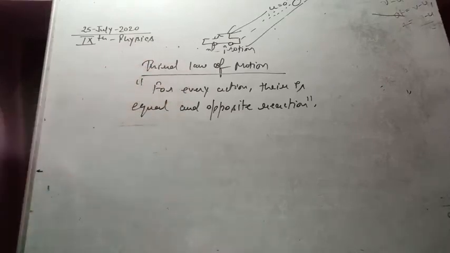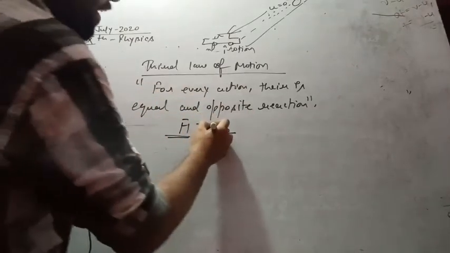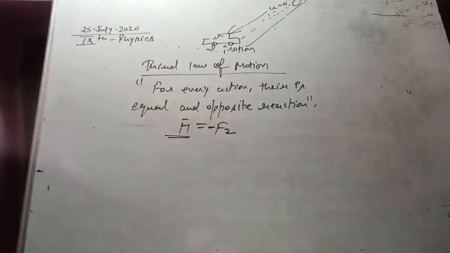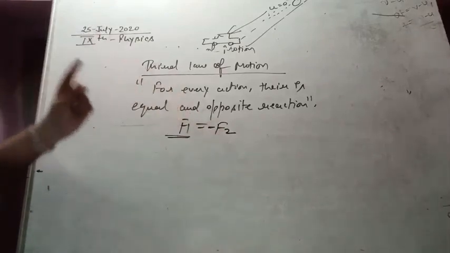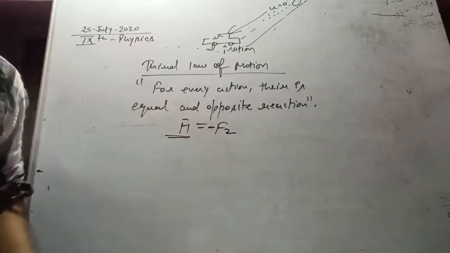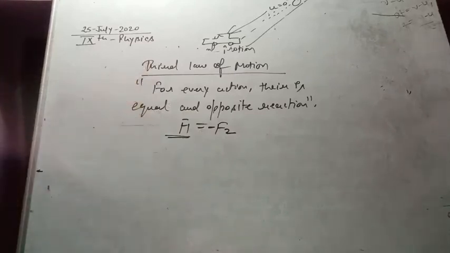So this is what was observed by Newton, and he said for every action there is an equal and opposite reaction. Suppose you apply force F1, which is the active force you have provided, and you get back the force F2. Both will be equal, but the sign will be negative. Why negative? Because force is a vector physical quantity. Magnitude will be equal, but direction will be opposite. So action force and reaction force are equal in magnitude but opposite in direction. This is the third law of motion: for every action there is an equal and opposite reaction.